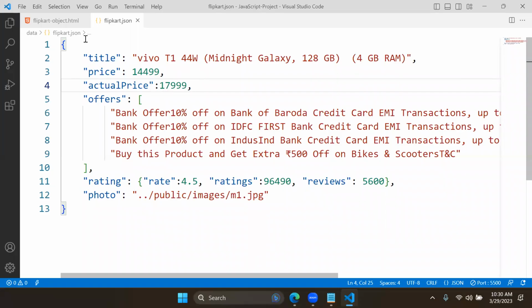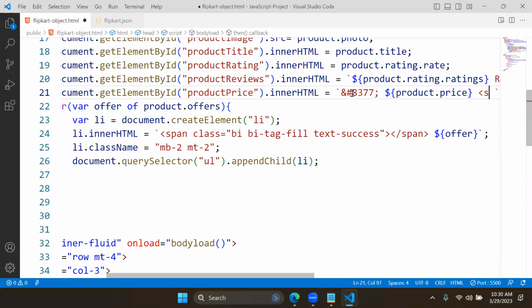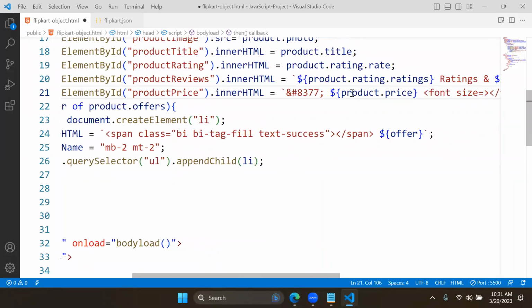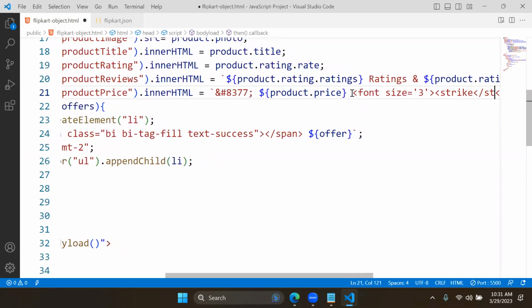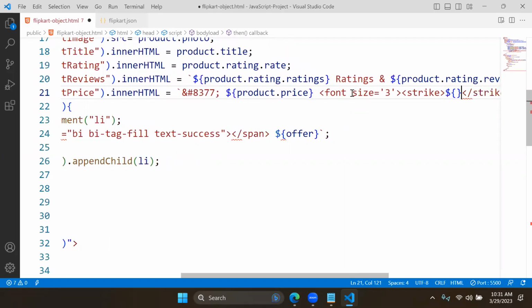Now what I need to do is display the actual price beside the price with a strikeout. Then what we have to do is put a space here. I will put a span, or I say font, and you know, font has a size. Font size is something like we defined, some 3. In this, we want to display one more option. We will use strikeout, that means we will use strike. Inside the strike, we will put product